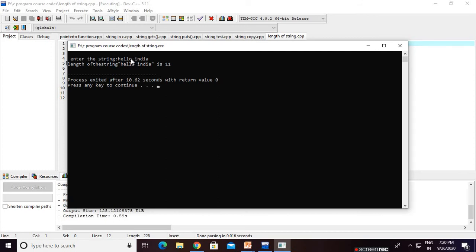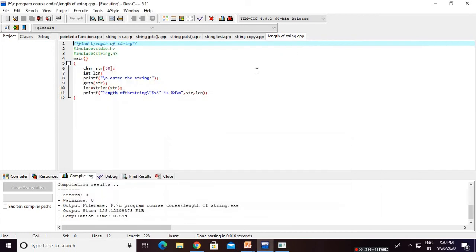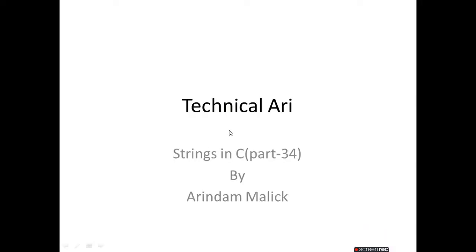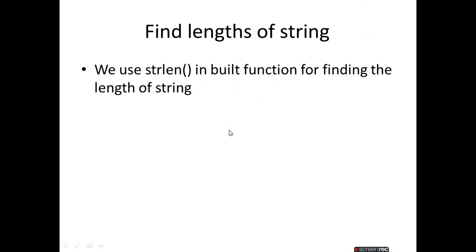Remember that the space is counted as a character. So 0, 1, 2, 3, 4, 5, 6, 7, 8, 9, 10, that means 0 to 10. How many characters in total? 11. So the length of the string is 11. Length means how many characters there are. Now again go to the slide.